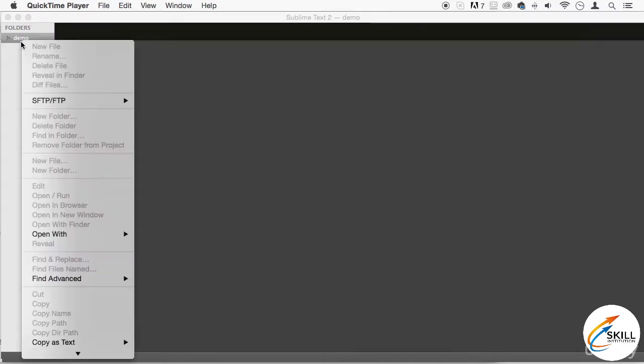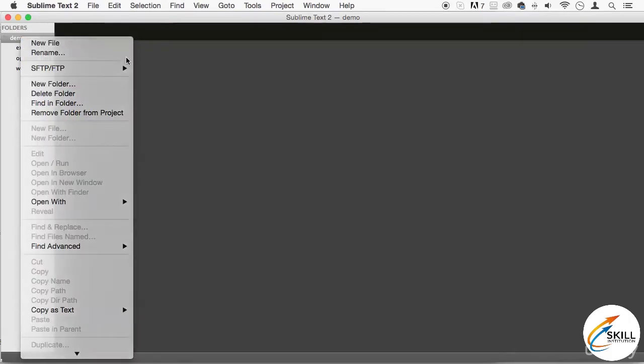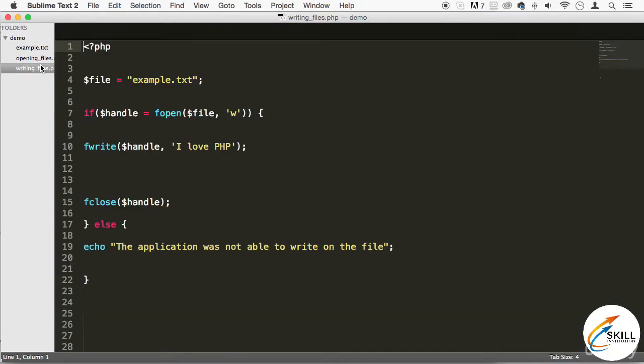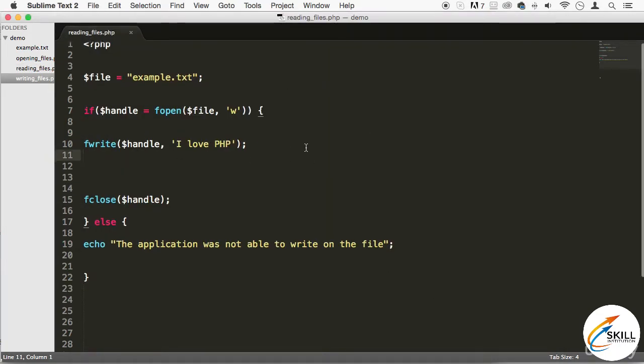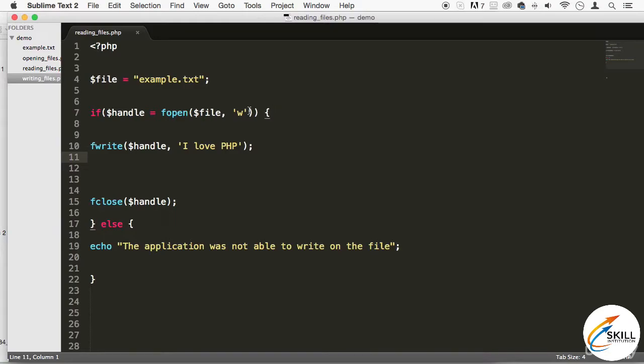So let's create a new file right here. As a matter of fact, we can do it from the writing files file. Let's do a save as, and let's call this reading files. Beautiful. This is going to be very similar, but we're going to have to change